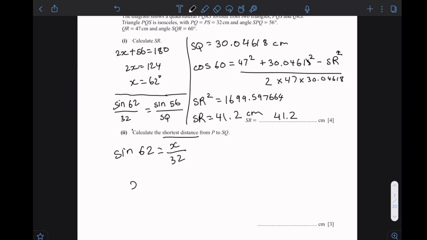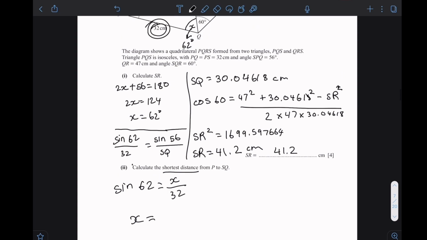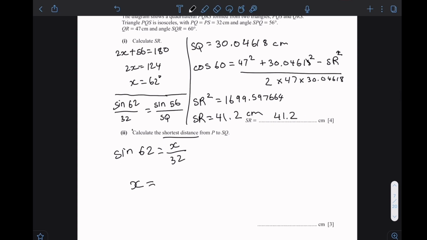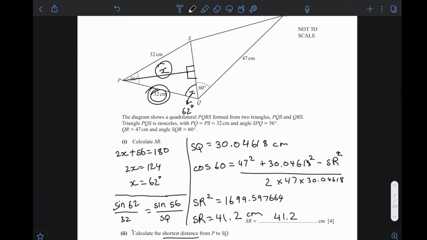So x is equal to 32 multiplied by sine 62, which is equal to 28.3 centimeters. Okay,